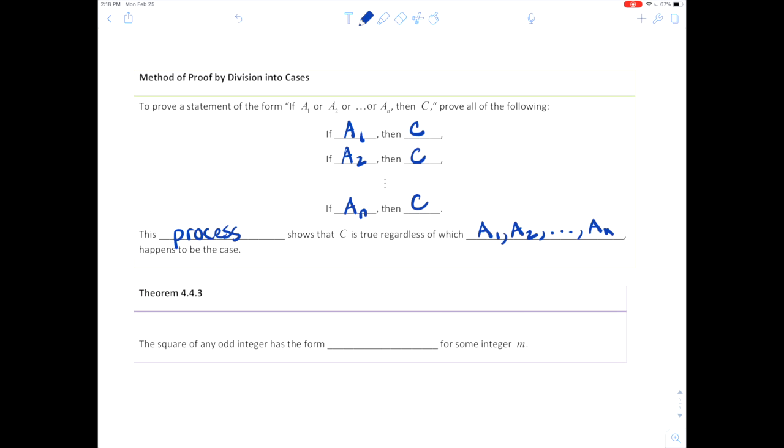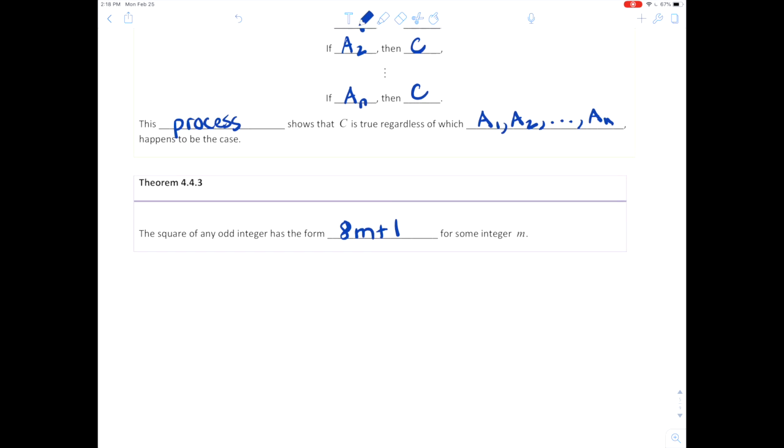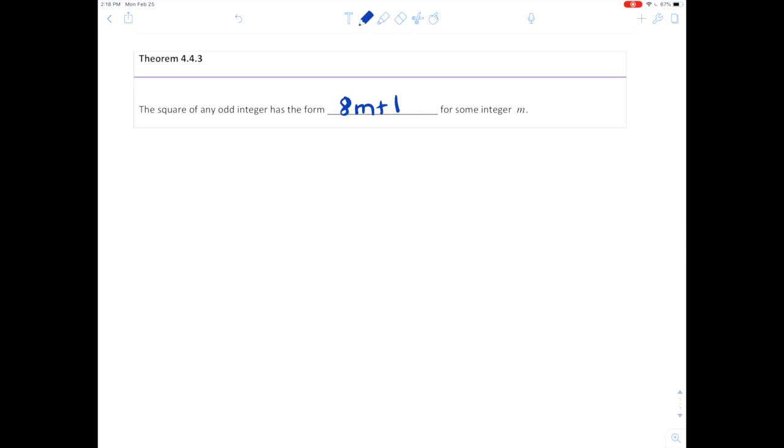All right, so this next theorem is another kind of cool one. The square of any odd integer has the form 8 times m plus 1 for some integer m. So let's check this bad boy out. When we do this proof, suppose we have some n, and this n could be any integer. It's arbitrary. So why don't we let